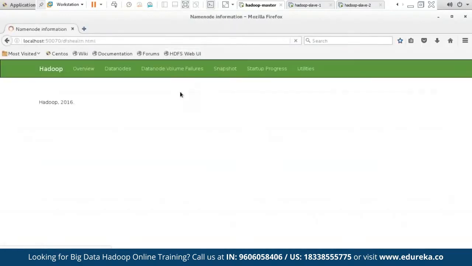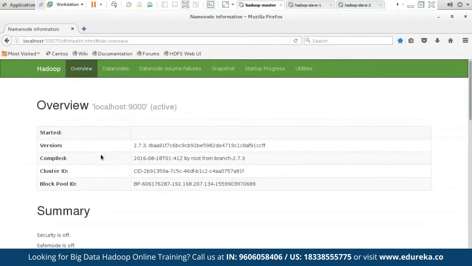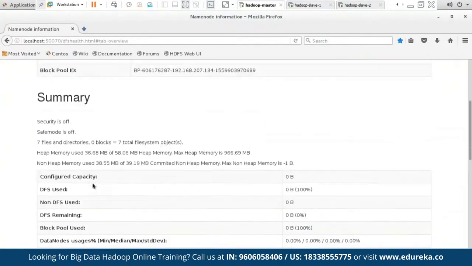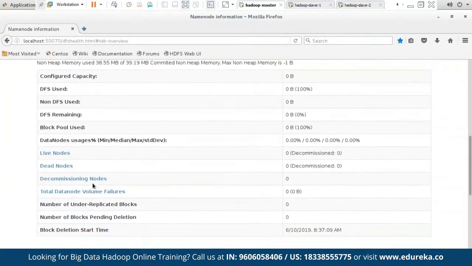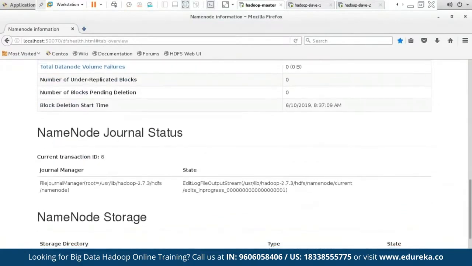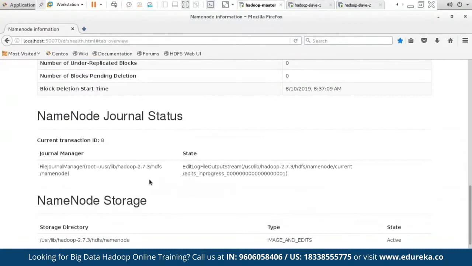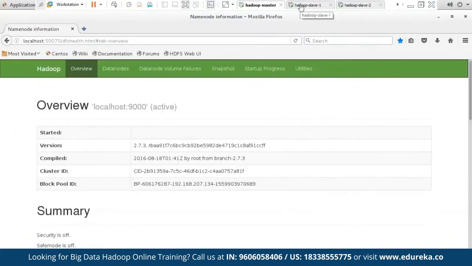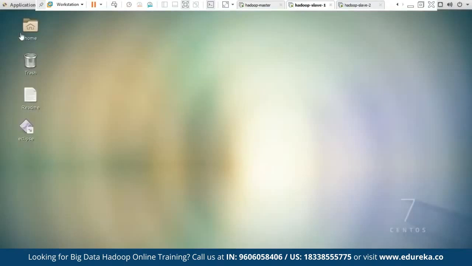Now let us see the HDFS web user interface. This is how our HDFS web user interface looks. And you can see our name node is in progress. And similarly, let us try to start the HDFS web user interface in our Hadoop Slave 1 and Slave 2.